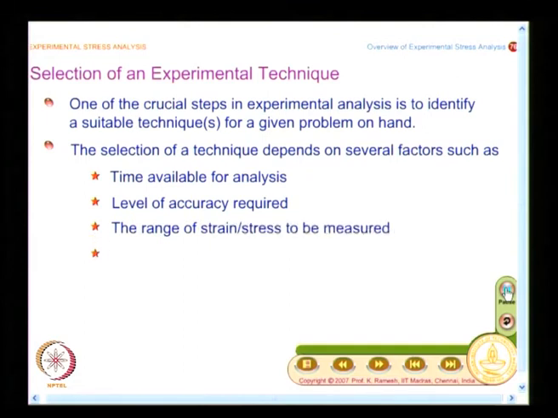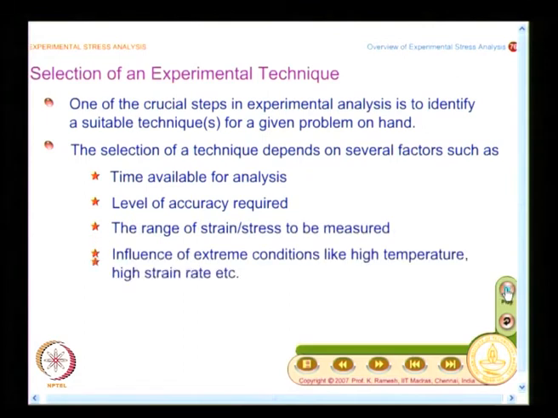Then the range of strain or stress to be measured. In any measurement technique, range is very important, because that dictates the choice. Suppose I work on large deformation, then I will choose a technique of a particular kind, but on the other hand if I have to look at small strain levels, then I will have to look for a different type of experimental technique. So, the range is very important,